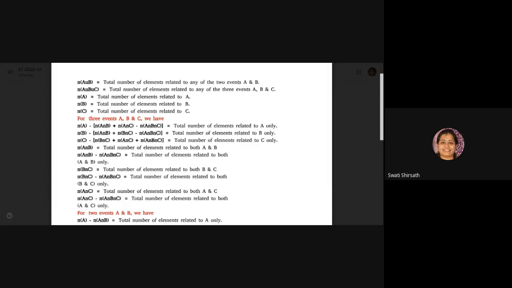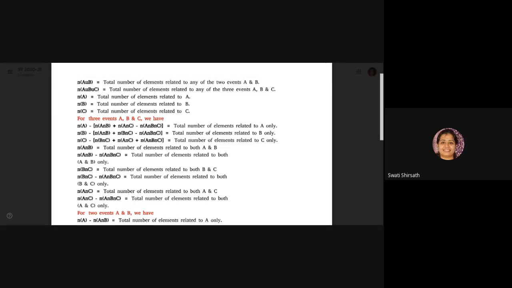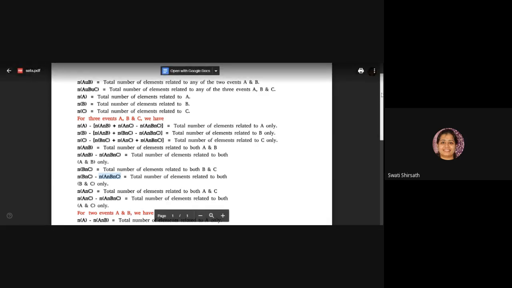But using the Venn diagram, it is a very simple task, so it is up to you what you want to calculate. Now see, this is about when only the single set value is to be calculated. But when we want to calculate both A and B, that means A intersection B, it has to be deducted from the triple intersection, so you get only A and B. When B and C is to be calculated, you deduct A intersection B intersection C. And the same for A intersection C.